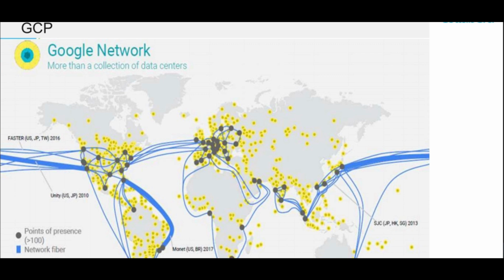Now, Google Global Cache edge nodes, or the GCC, are used for content delivery. They are the cache servers of Google. Now what is cache? That is something we'll discuss in detail later. But this is primarily used for delivering content quickly to the users.